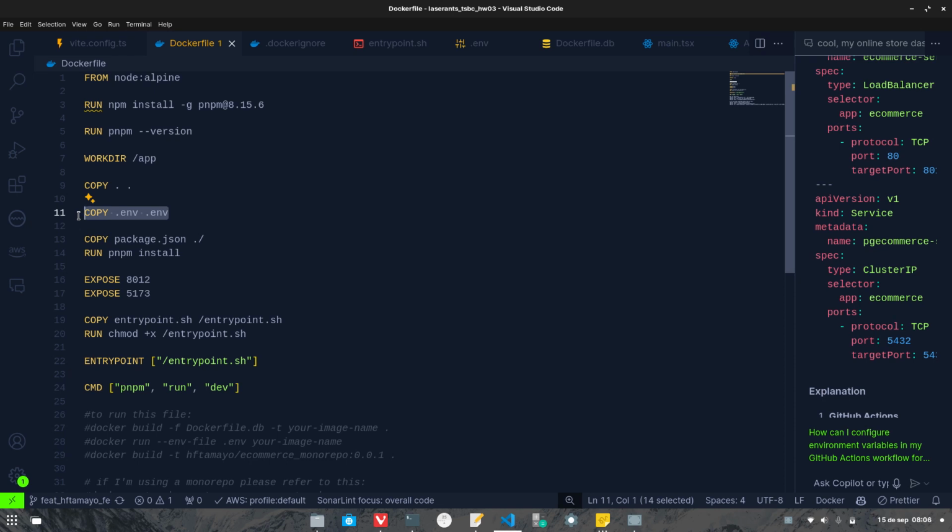The most common is to pass it as a parameter, but it didn't work. So this is a red flag because inside this environment file there's a credential, and it's a bad practice to include them inside